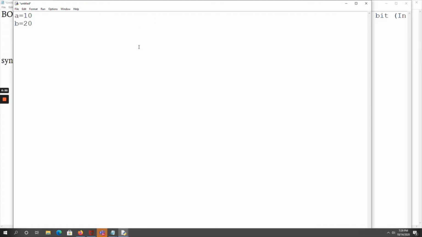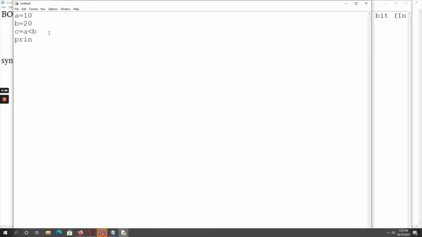Then I take a variable c, where I check whether a is less than b or not. That means c holds either True or False. It checks the condition: if it is true, True will be saved; otherwise, False will be saved in variable c.